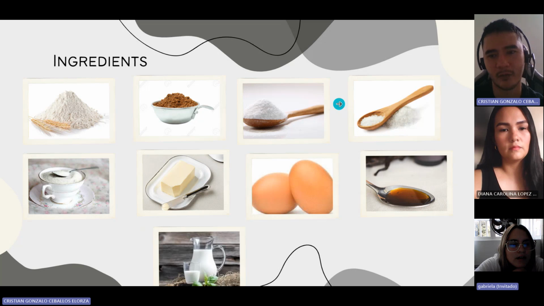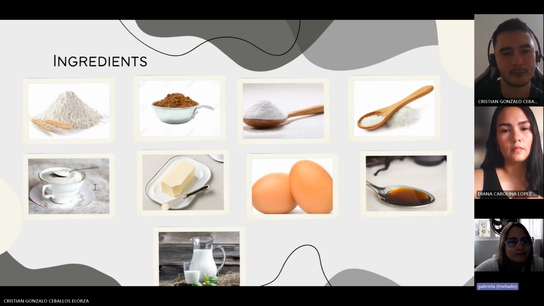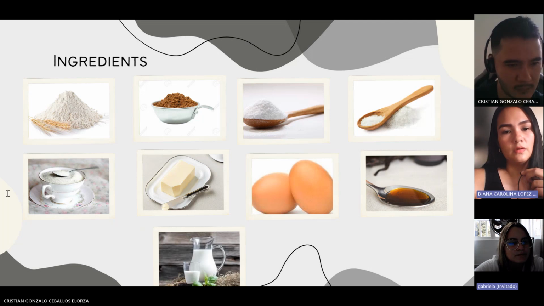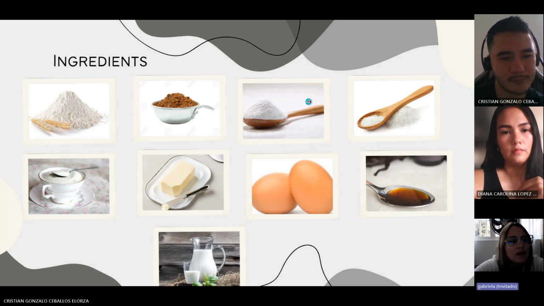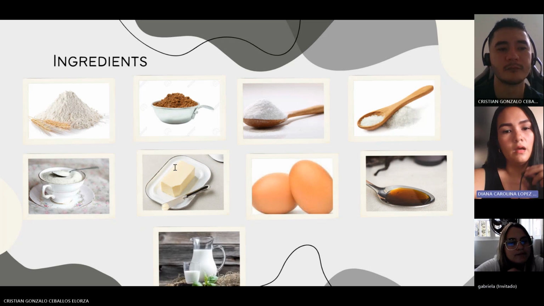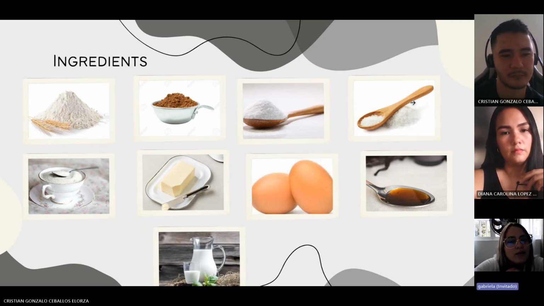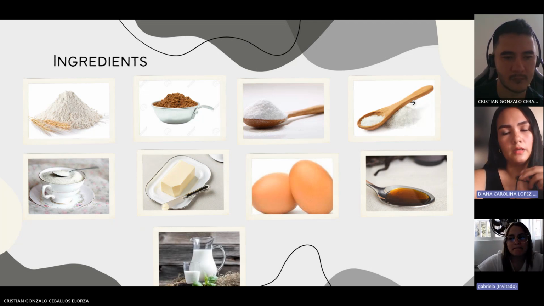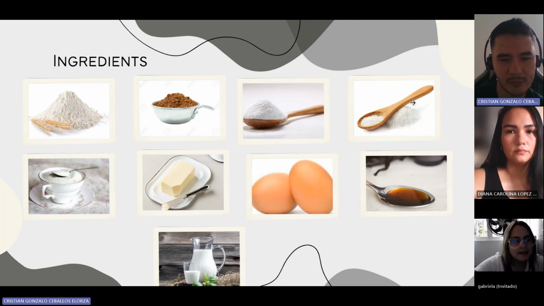3/4 cups of wheat flour, half cup cocoa, 1 teaspoon of baking soda, 1 teaspoon of salt, 1/2 cups of white sugar, 1/2 cup of butter, softened, 2 eggs, 1/2 teaspoon of vanilla extract, 1/2 cups of milk. Next, my partner Gabriela will explain to you the steps we must do to prepare this